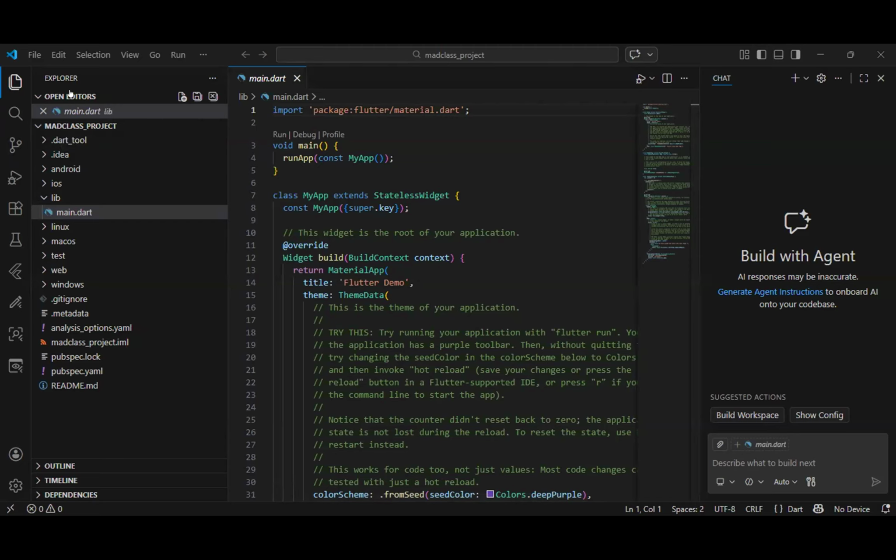MAD class project. Look at the Explorer, at your left side, top. Have you seen Explorer? Yes. And it will say what? Open Editors. Have you seen open editors?